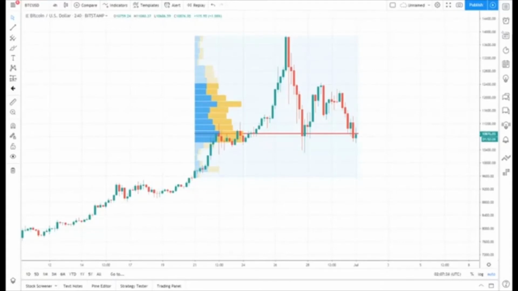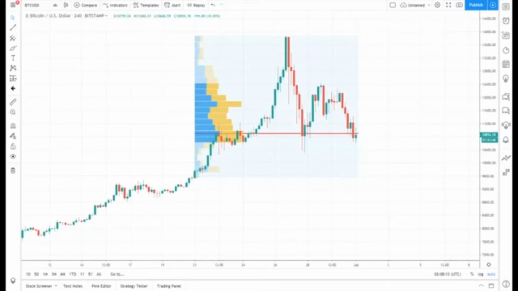We already saw that buyers were found all the way down around the 7,500 level, and we've had a rally all the way to the 14,000 level, and now we are hunting for a deep buy, or in other terms, we are hunting for a long entry on a pullback. And the way we hunt